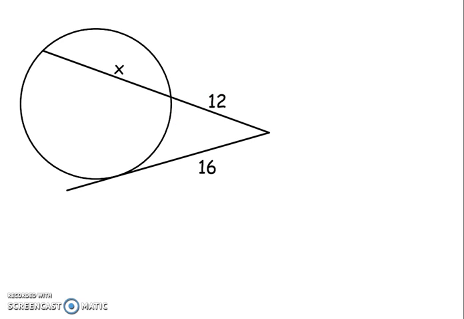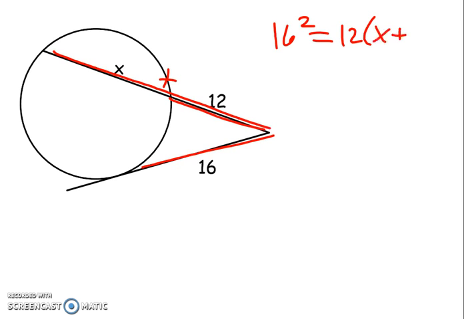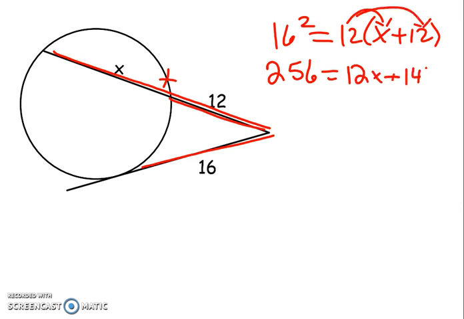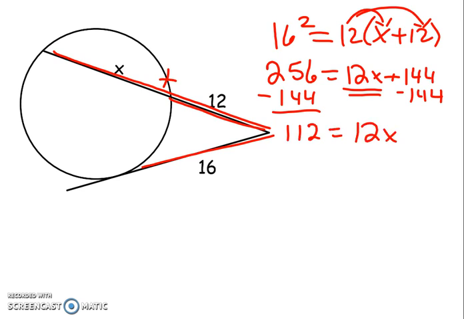And our last one, tangent is 16. It equals our outside part, 12, times our whole secant, x plus 12. So 16 squared is 256. Distribute over here, so 12x plus 144. Solve for our x. So we need to subtract our 144, which leaves us 112, and then divide by 12, and x equals